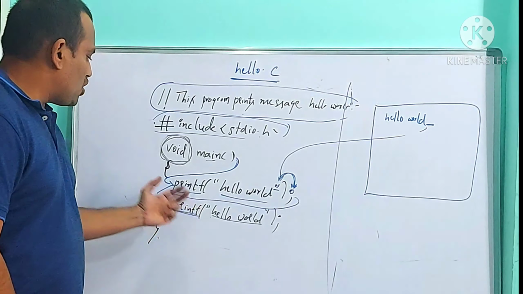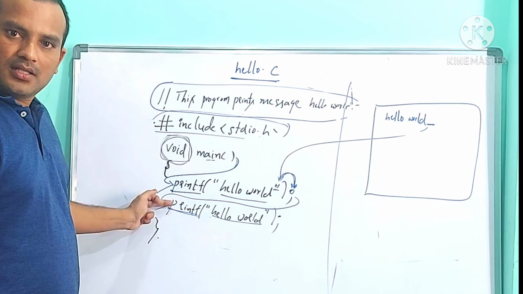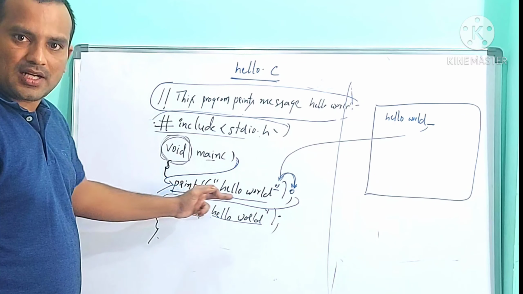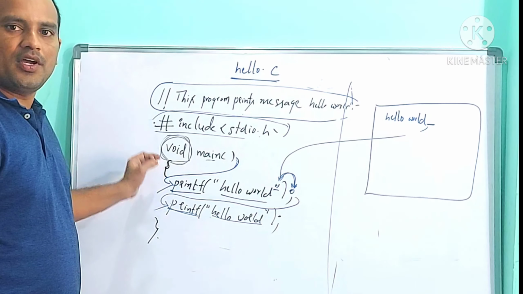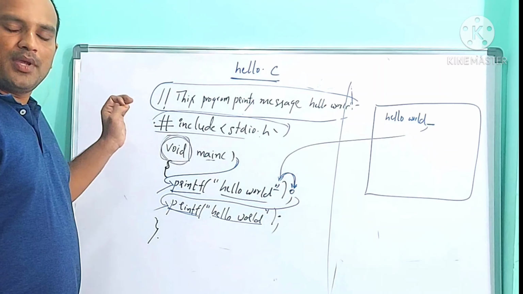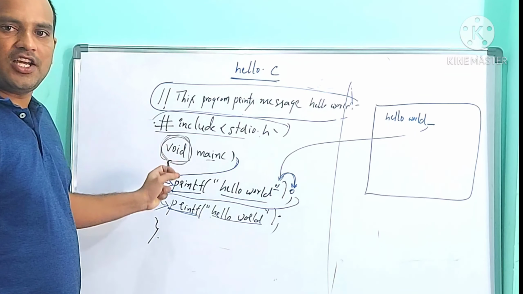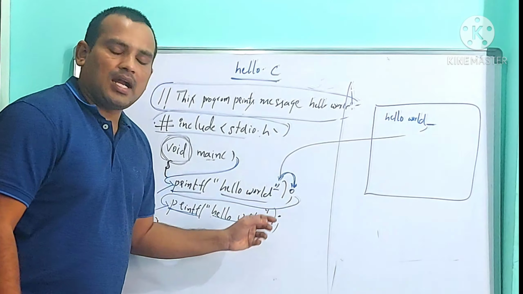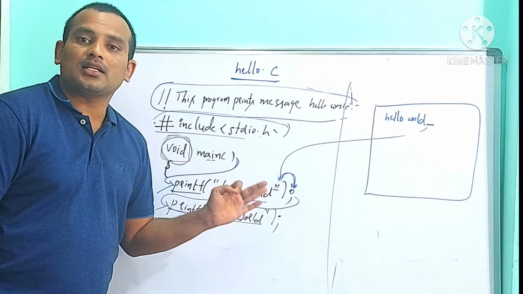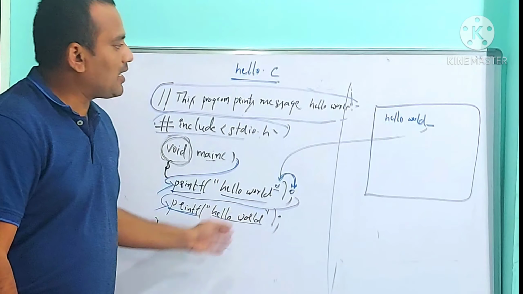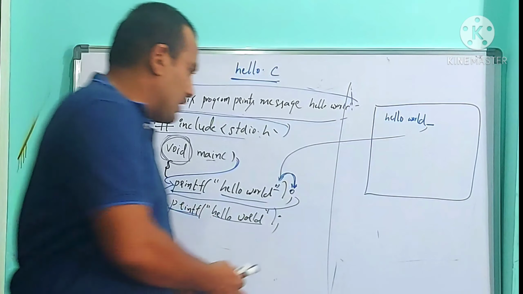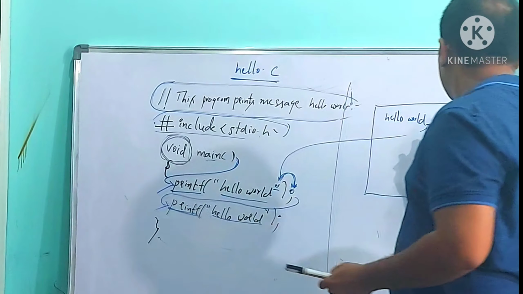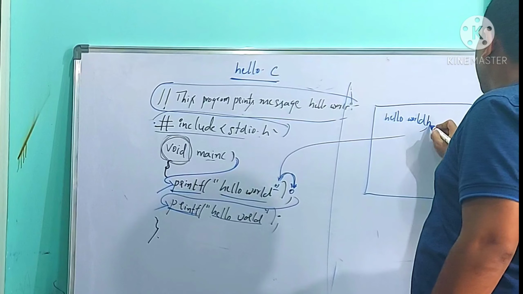This printf exists in the next line. Does it mean the runner has to print in the next line? No, not exactly. Wherever you write printf, the meaning is that the runner has to print the message which exists in the double quotation, and that message should be printed at the cursor position only. Now where is the cursor? Behind D. Yes. Now the runner takes H and prints it at the cursor position.